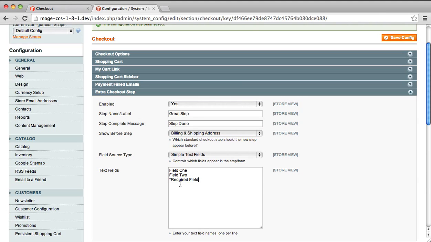And then down here in the text field section, you can also, if you wanted to, add a new field just by adding in a name. So we'll call that Field New. And that'll add a fourth field to the page. We're going to save this, and then we will go back